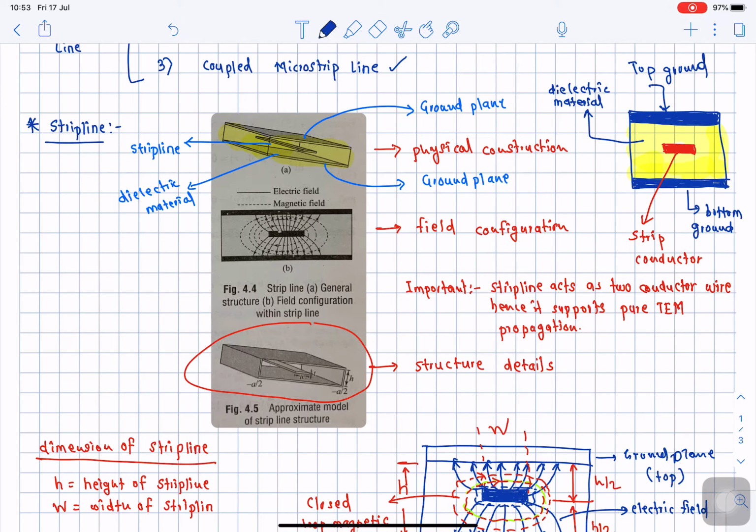Okay, so let us go ahead and see the second, very important and popular type of transmission line, that is the microstrip line. So let us start with a discussion of the microstrip transmission line, or simply, in short, they are called microstrip lines. Okay, so first of all, I will embed the image of the microstrip transmission line. This image is taken from a standard book. So I will insert the image, and then I will explain the construction, working mechanism, field configuration, and design equations.